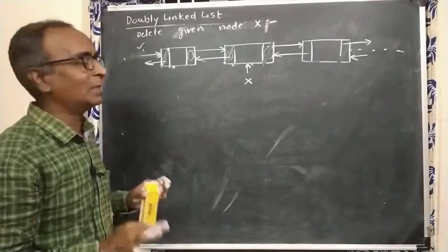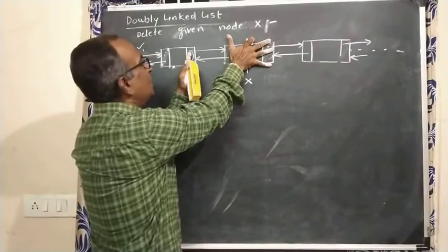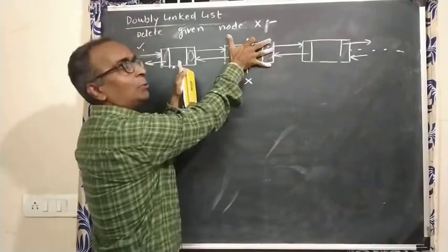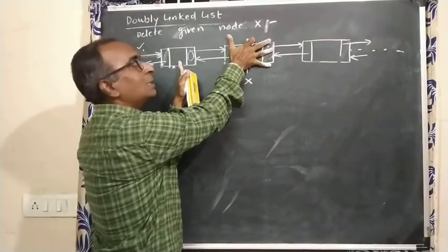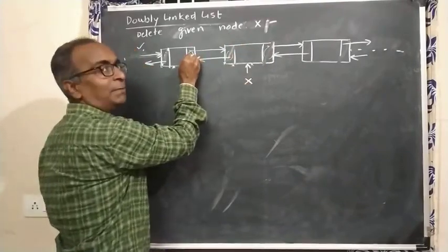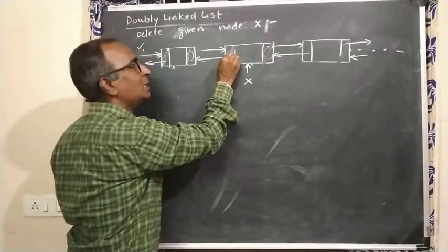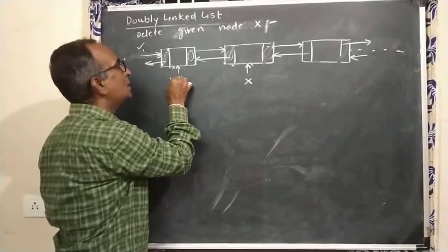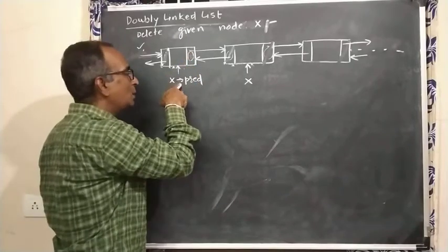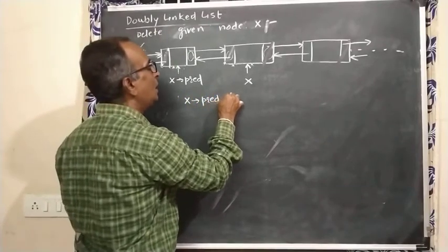What pointers do we have to adjust? See, if I want to delete this, what will be the successor field? This field should point to that node, and that node's predecessor field should point to this node. Now the question is how to access. You have only X. Now how to access this field? I should have this node's address. Where is this node's address? It is in X's predecessor. How to access this field then? This node's address and its successor field: X's predecessor and its successor.